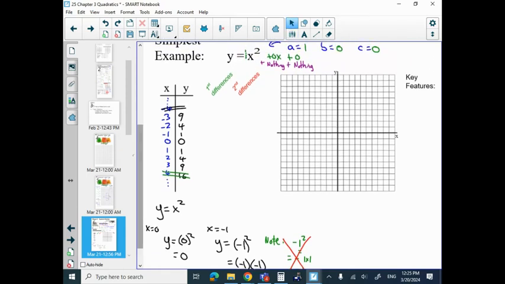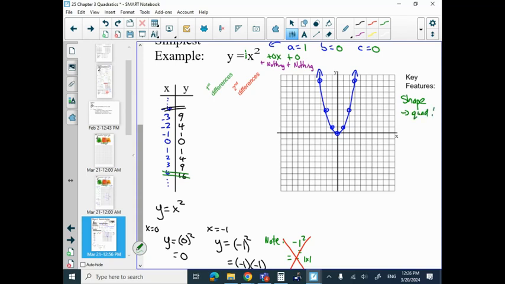All right, so let's graph it. We're going to graph our 0, 0, and our 1, 1, and our -1, 1, and our 2, 4, and our -2, 4, and our 3, 9, and our -3, 9. So we graph that. You say, okay, well, there's the shape we're talking about. Okay, and when we're analyzing that shape, one of the key features is we're going to talk about the shape of it, right? And obviously it's a quadratic shape,